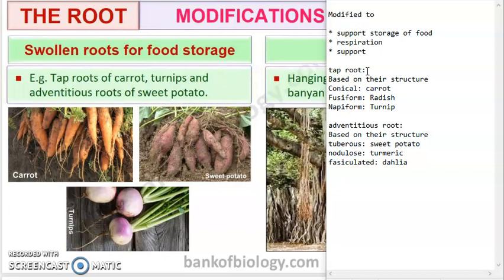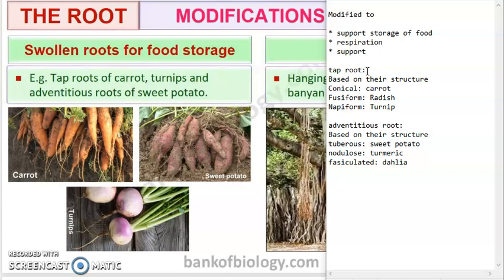Swollen means a root that has bulged, and they store food in that. Okay, so they become swollen. The taproot, that is the primary root, becomes swollen and they store food in that primary root. Based on how the storage of the food happens and what the structure of these roots is,